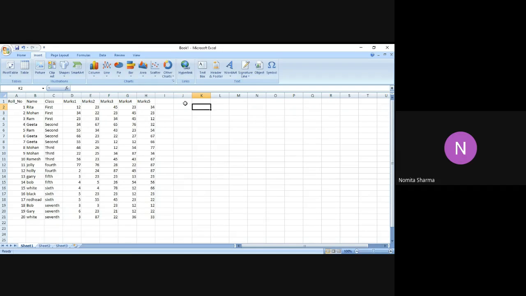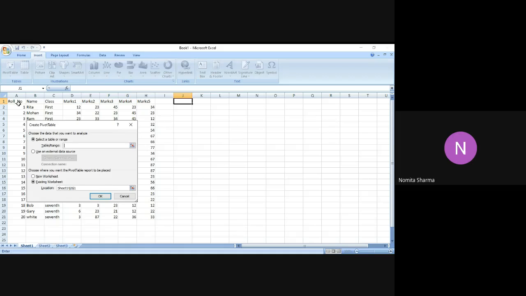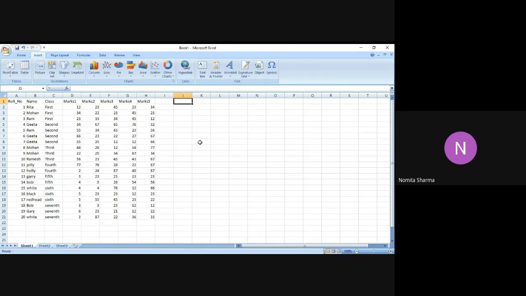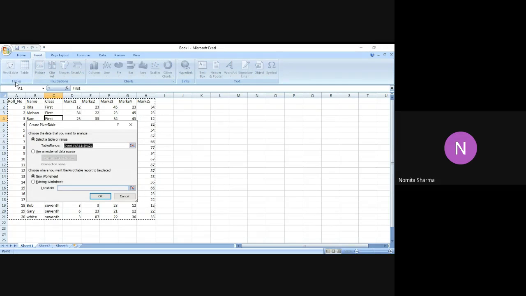Oh, there is a command error. Wait a minute. So I go to insert, I repeat the command one more time, insert pivot table. I select the range, even if I don't select, let's see what happens. Normally the trend is that we select the range before we insert the pivot table. And when you select the range before inserting the pivot table, then automatically the address will come. If I just cancel this command, and place my cursor in the table that I want to use for the pivot table, and say now insert pivot table, you will see that the whole range has automatically come in the table range.